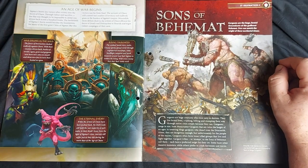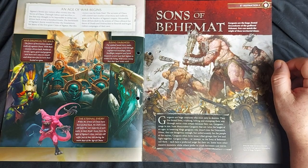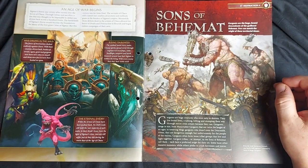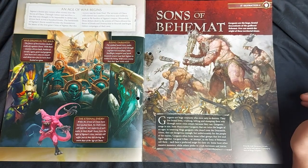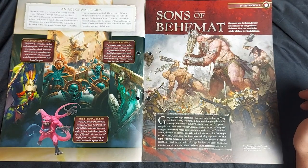Next up, we got a bit of background information about the Sons of Behemat. Gargants are the huge, brutal descendants of the god-beast Behemat. Few can match the might of these territorial titans. So yeah, Gargants, while they look man-sized, they tower above even some of the biggest buildings and fortresses within the Mortal Realms. As you can see, they're besieging a